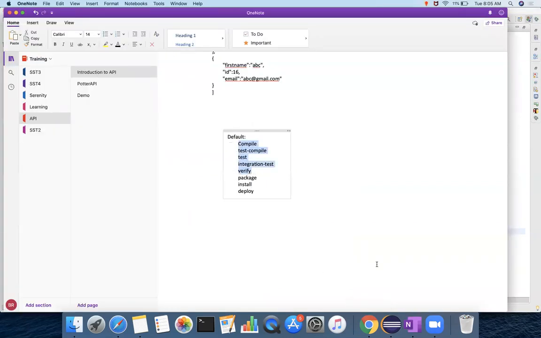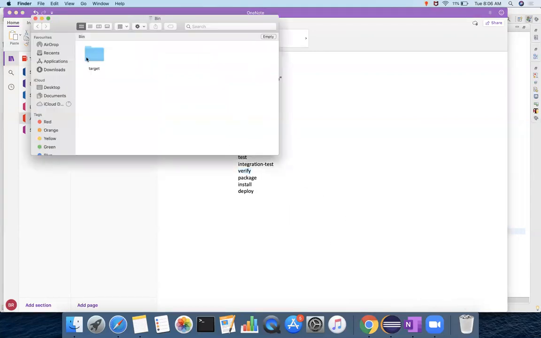So how you can do that is you can use this target or this one. If you use anything after this, it will trigger those stages. These are sequential, always starting from the beginning. Let's say if you want to run test, it runs compile and test. If you want to run install, it will run compile, test, integration test, verify, package, install. That's why if you want to run verify, you can use verify or package or install. Deploy we don't normally use.